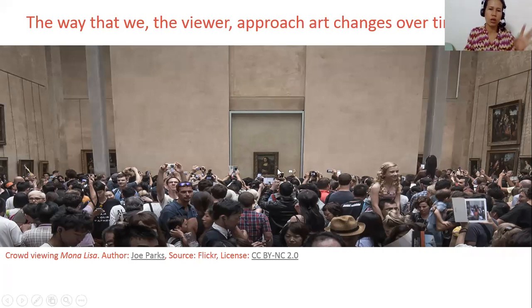kung paano dinudumog ang portrait na ito. Okay, or this painting of Mona Lisa in Louvre Museum in France. Okay, kasi nga it has been popular after that incident, and that time it gives the interest to the people because of what happened, and over time different artwork may change, okay, on how people approach. So sa panahon ngayon, I don't know if there is this still kind of approach among men when it comes to the painting. So nagbabago yan.